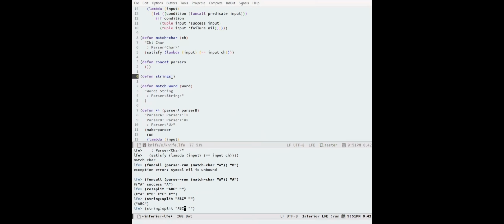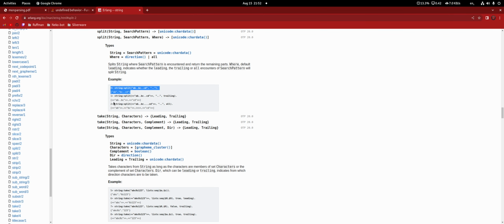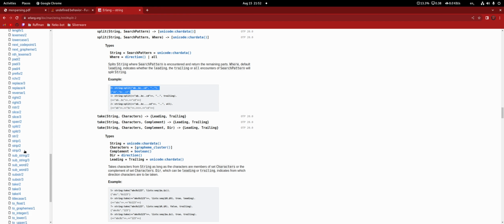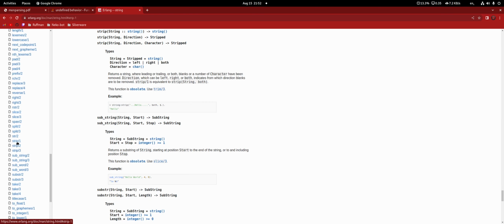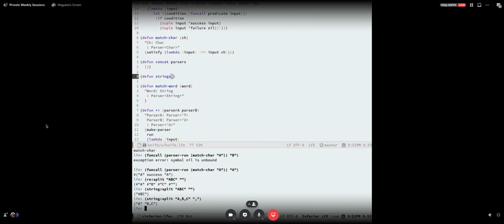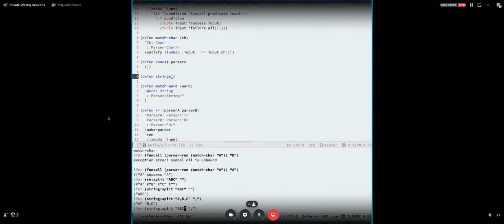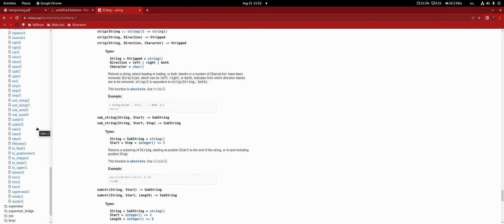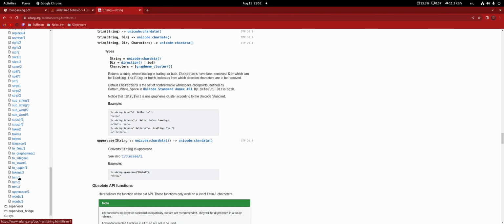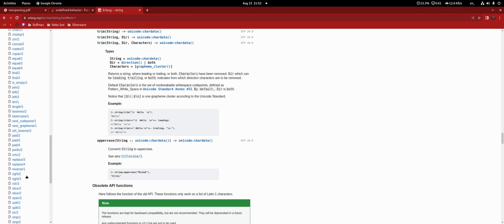Oh no, the split ABC, you need to pass the separator, I guess. Yeah, but what if the separator is nothing? There's also strip. Strip is different, I think. What? Oh, split is different. Split just splits at a position. Yeah, the first position. Oh man, that's stupid. Oh, there's also trim. Trim is for like removing stuff, right? Oh yeah. Okay, so we don't have a function that returns